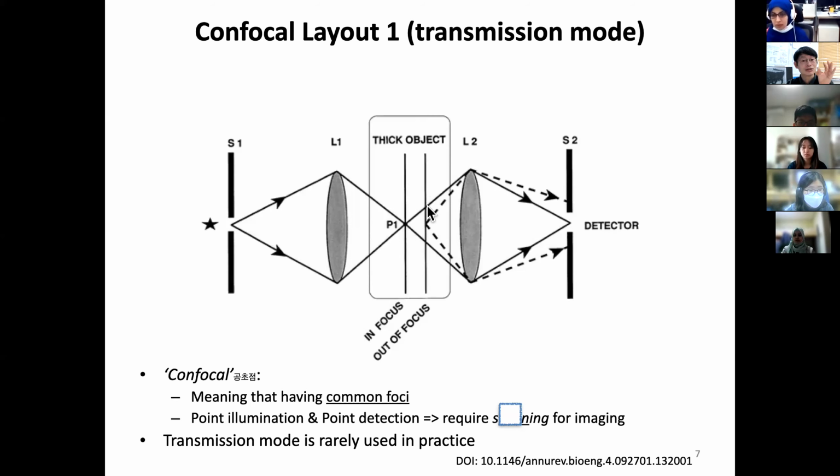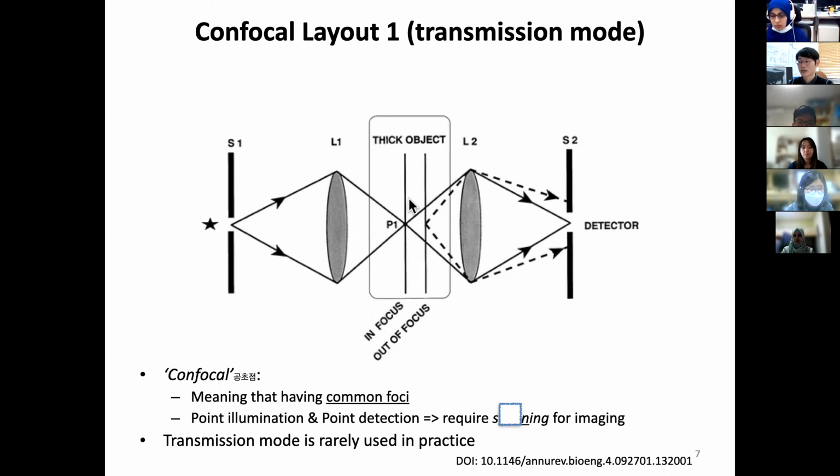The answer is you have to move this point, by moving the sample in the XY direction for 2D, and you can move in the axial direction to obtain the axial or Z information. So that means you have to somehow move the sample. That's called, let's see,